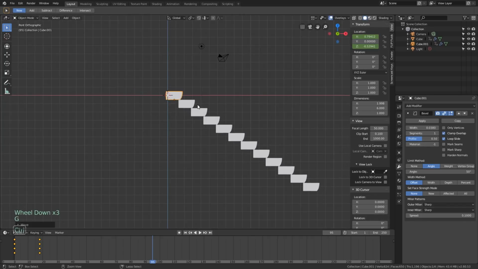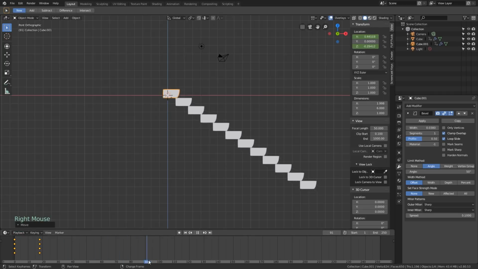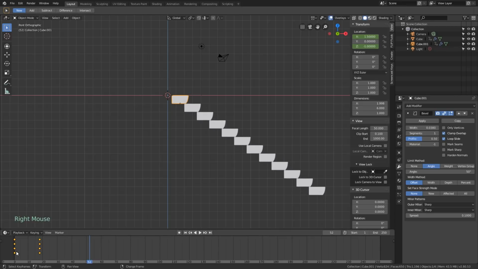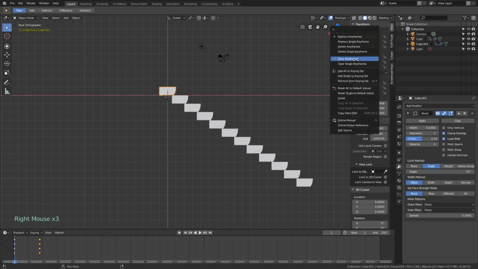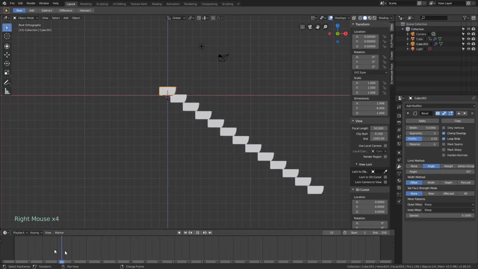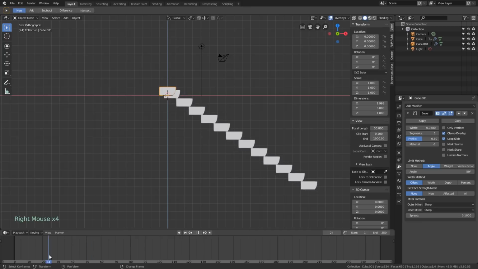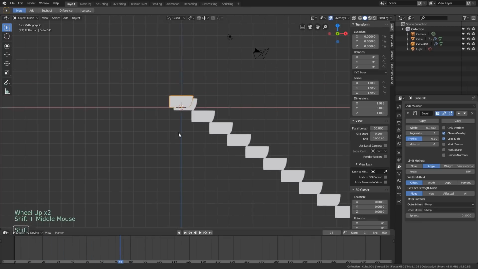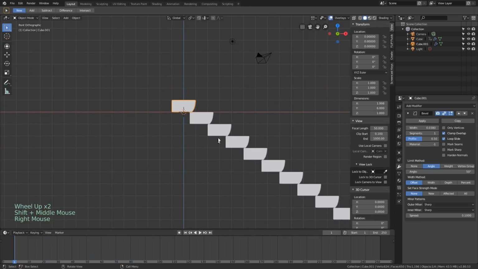When I pressed Shift D, it took the animation with it too. So let's just go to frame 1 here where it's all evened up, and let's clear keyframes. Okay, that left them on the other object, but got rid of them on this object. That's perfect. So back at frame 1,